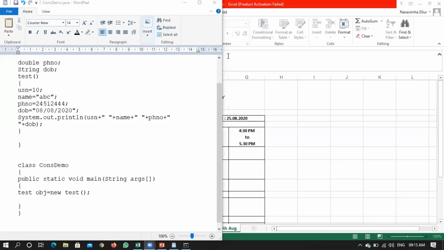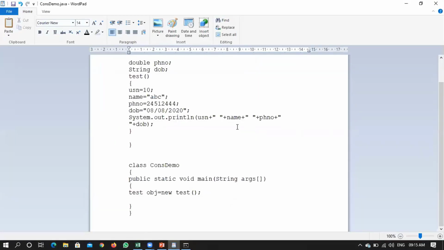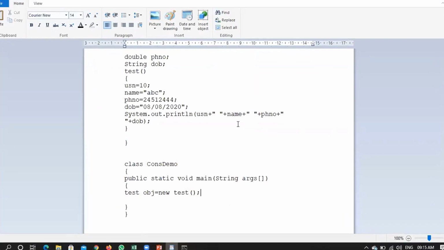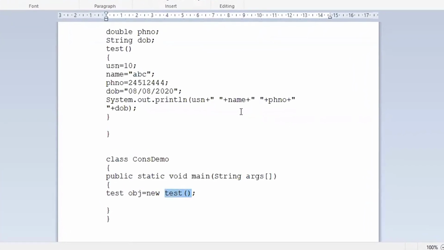Okay. With respect to constructors, we have a few classifications. What does that classification say? For a constructor call, if you are not passing any arguments, then it is called a zero argument constructor, right? Are we using a zero argument constructor now? Yes, we are, not passing any values here.